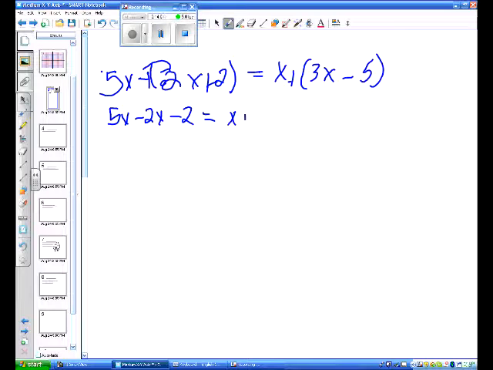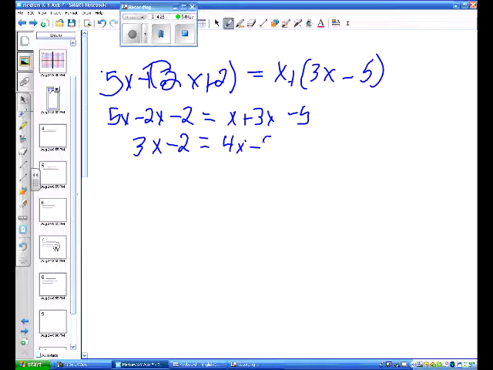So positive 1 times 3x is 3x. Positive 1 times negative 5 is negative 5. So remove the parentheses. Then we need to combine like terms. Well, we have 5x minus 2x would be 3x minus 2. On this side, we have x plus 3x is 4x